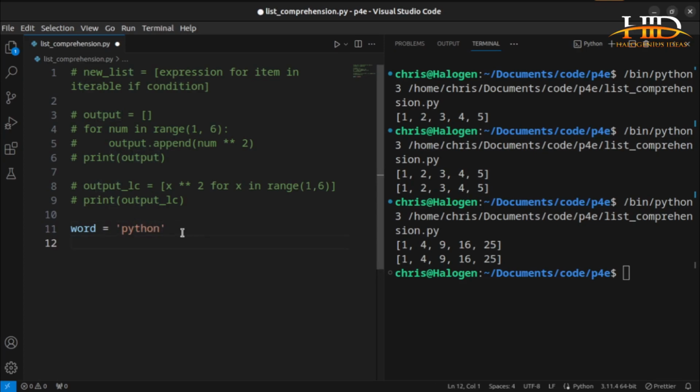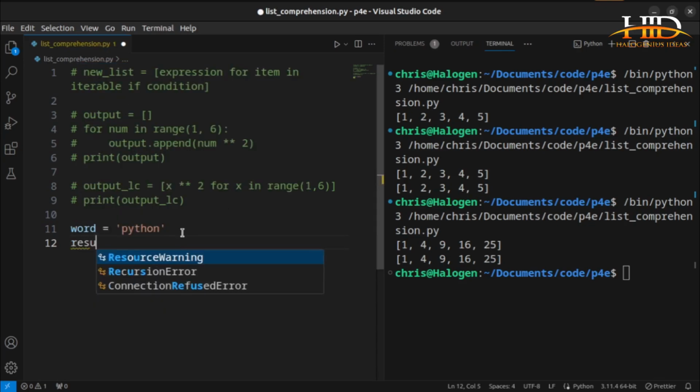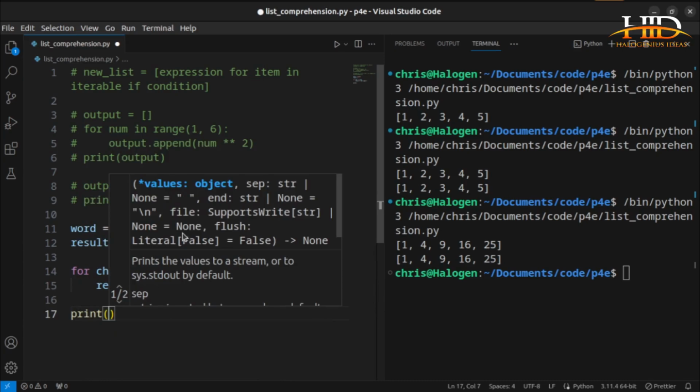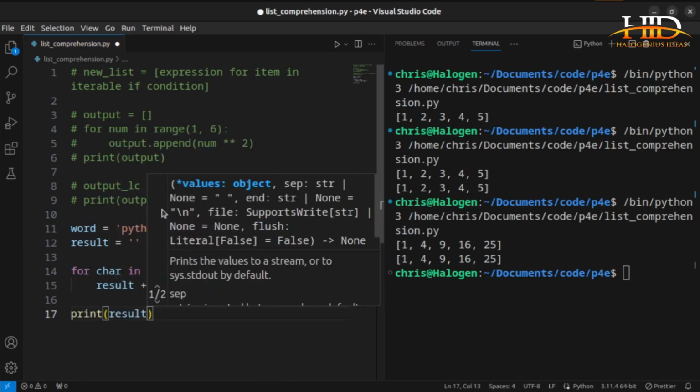If I want to do this using the regular for loop, I can just say result equal to another empty string. Then I'll start my for loop, for character in word. This is how you would do this if you are using a for loop. So for character in word, then result plus equal to the character, but now dot upper, don't forget it has to be converted to uppercase. Then you print your results. If I should print my results now,